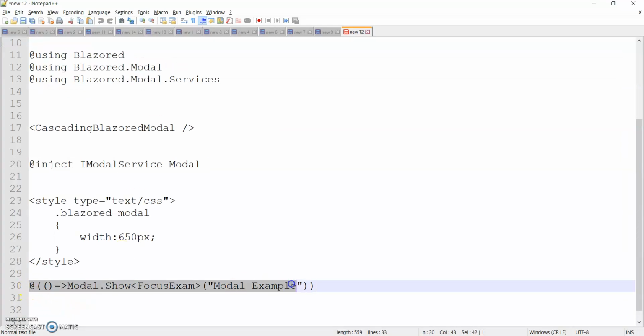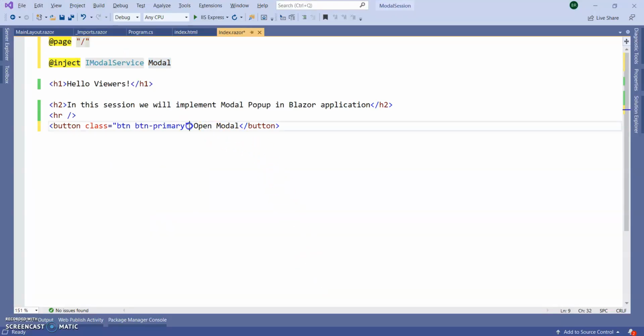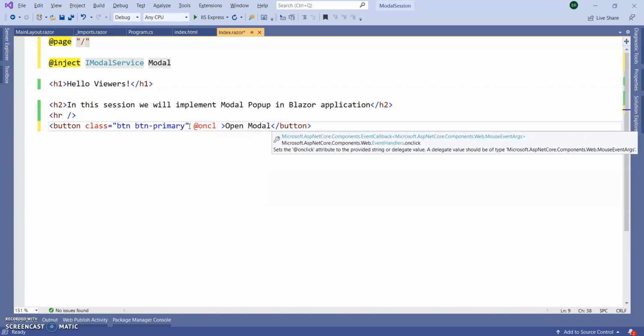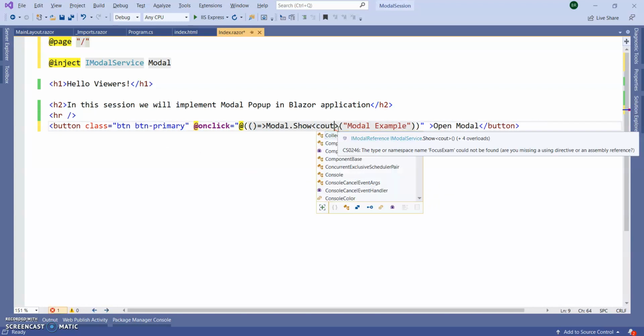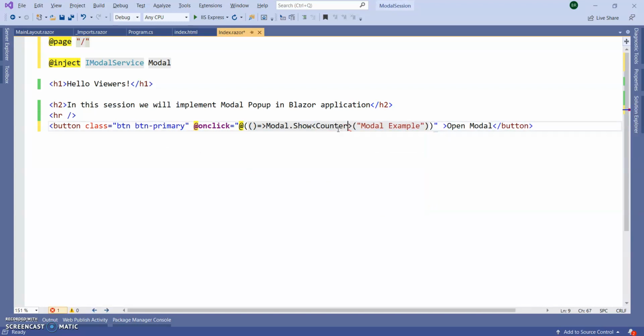We need to call it in the onclick method of this button, like here I'm going to use the delegate event to show the counter page. We can call it with a code part also, but to minimize it I am doing it directly here only. Save the application and run.